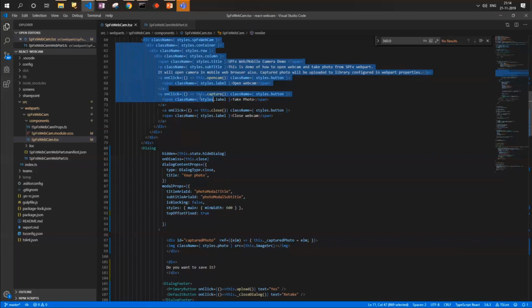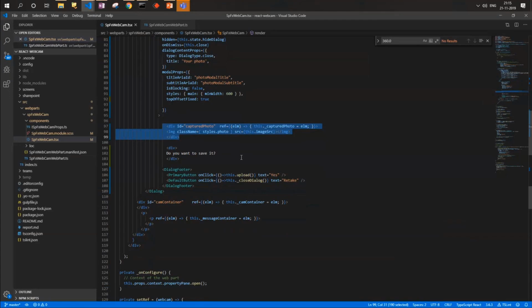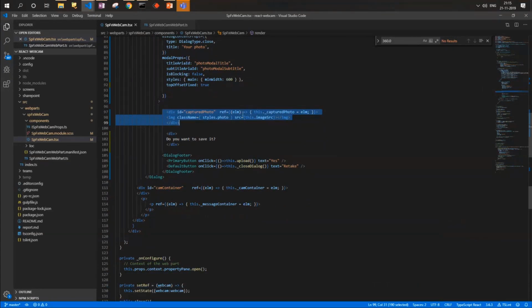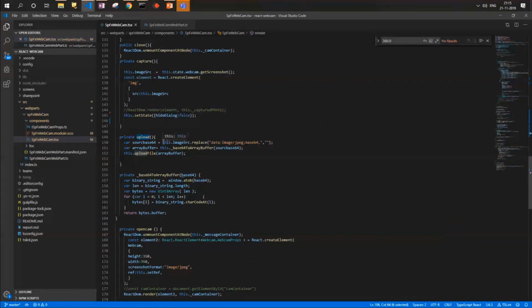Here, nothing new in terms of opening the webcam and capturing. What I have done is moved the captured photo container into a dialog box, and on click of it, there is an upload method. In the upload method, as my image source is a base64 encoded string, I'm replacing the prefix text to get the base64 content.